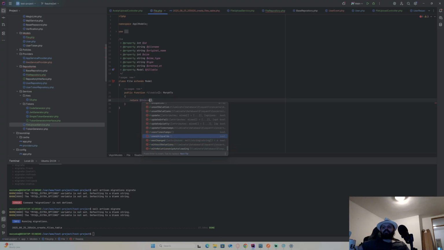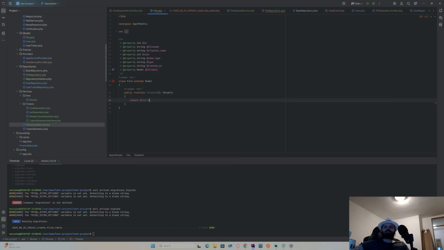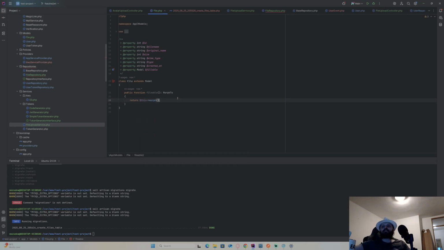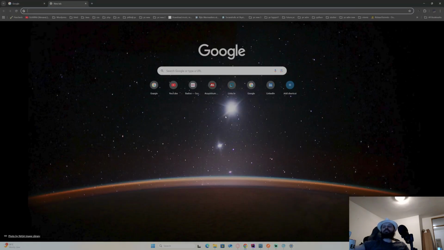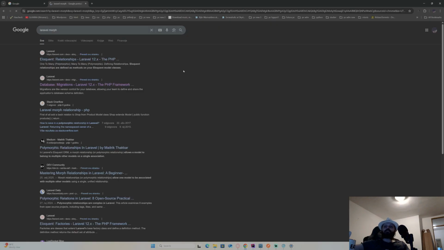Just going step by step, so I think it could be just morph. Is there a just morph option? There was. Let me just check. No, there's not. It shouldn't be. Let me just check something in the Laravel documentation. That's not it. This is relationships.